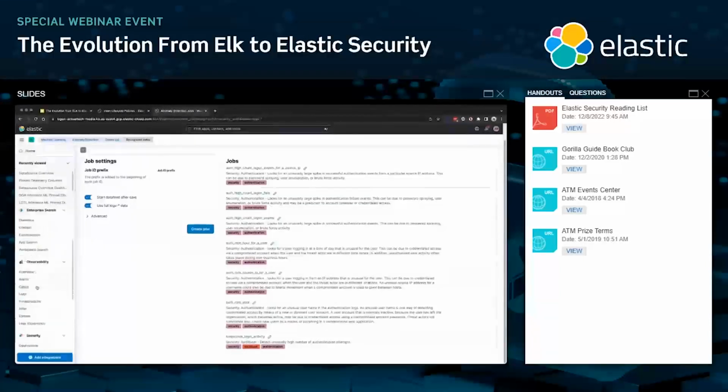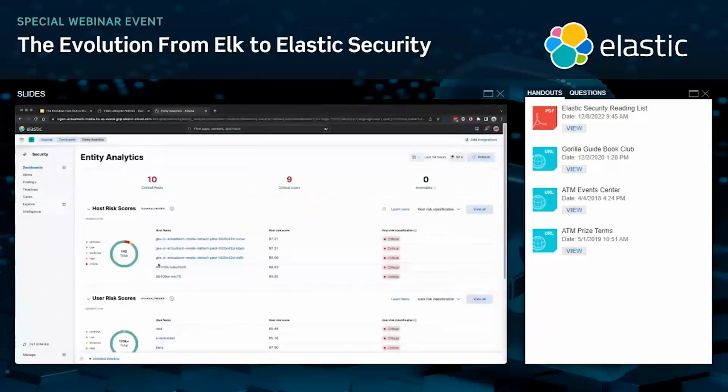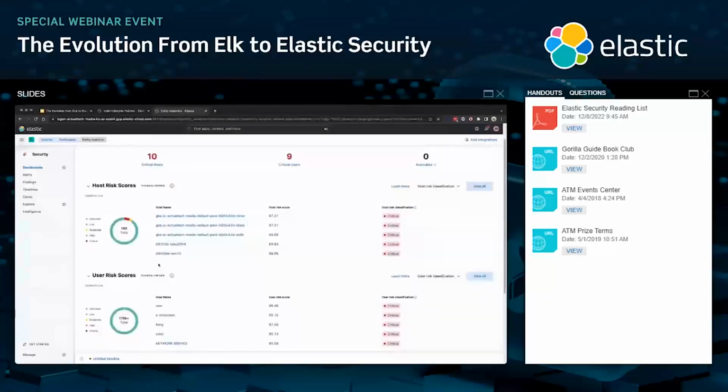And lastly, when you're in the security app UI, I'm going to go to some dashboards and I want to check out this entity analytics dashboard. So given all those individual alerts that might have fired from the detection engine or anomalies from machine learning that might exceed some scoring threshold that I'm not comfortable with, the platform will distill all that information and begin to score and categorize different host and user-based risk scores, essentially, which again is a great way for a user to start their day and to prioritize what they need to click on next.